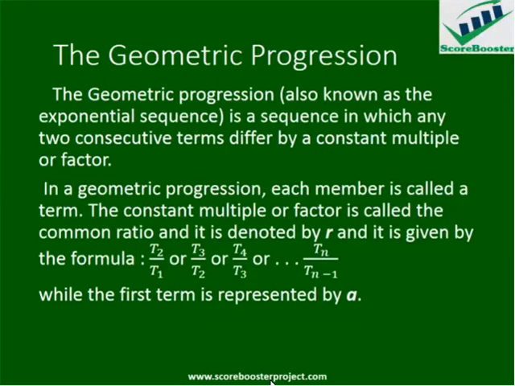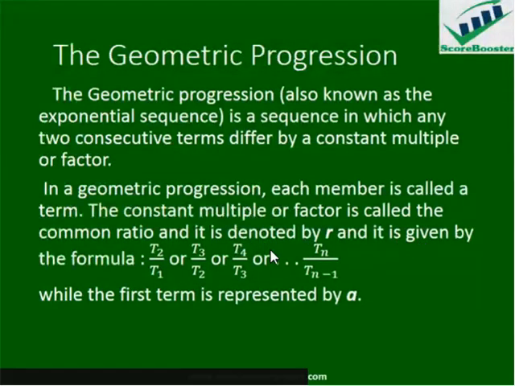The geometric progression, also known as the exponential sequence, is a sequence in which any two consecutive terms differ by a constant multiple or factor. In a geometric progression, each member is called a term. The constant multiple or factor is called the common ratio, and it is denoted by R, and it is given